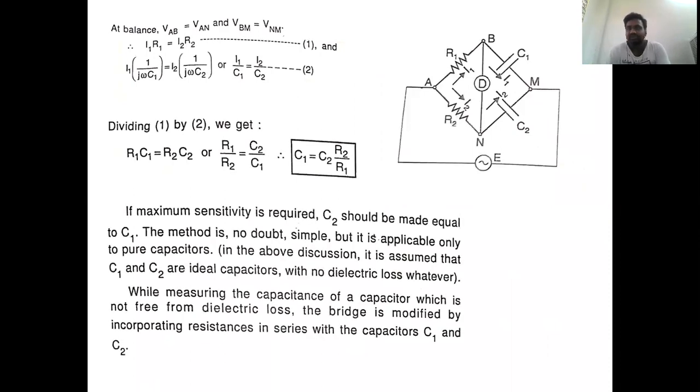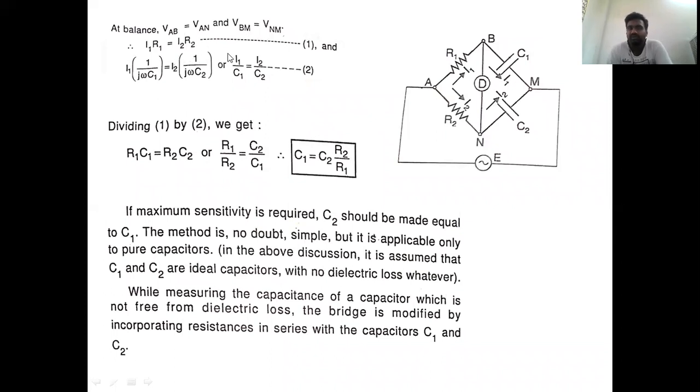We have seen the derivation study. How we derived the mathematical expression: we did it simply. We observe the potential drop, or voltage drop, across the individual branches. That means the voltage drop across A to B, B to M, A to N, and M to N. So we equalize the expressions. The voltage drop across A to B is I1 into R1. The voltage drop across A to N is I2 into R2. The voltage drop across B to M is I1 into 1 by j omega C1, and the voltage drop across M to N is I2 into 1 by j omega C2.